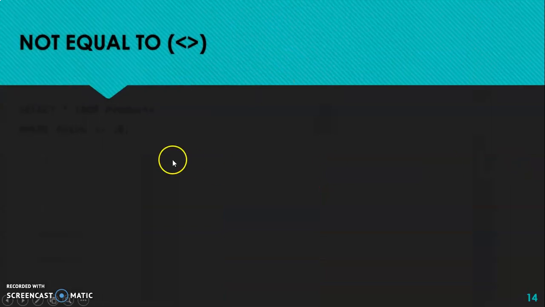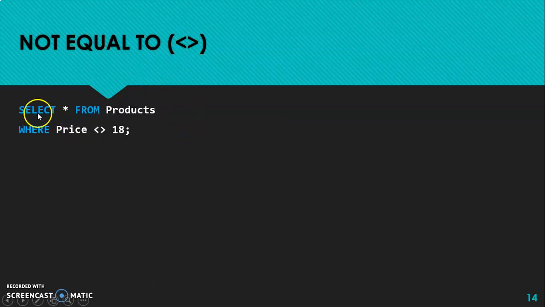And the last is not equal to. It is represented by these angle brackets. The query is select star from product where price not equal to 18. What we are expecting is that it will show all the records except those whose price is 18.